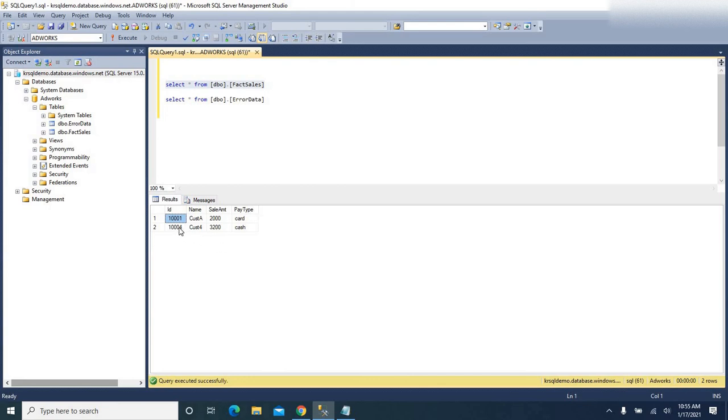Yeah, first record and the fourth record, and the fourth record could load because it could convert the value into string. We didn't have any issue, so it has loaded the alphanumeric value. That's okay. In case there was an issue, it would have been redirected, but there was no issue. It could convert. All right, let's not worry about that, and let's go to the error data table and see whether we got the rest of the records or not.